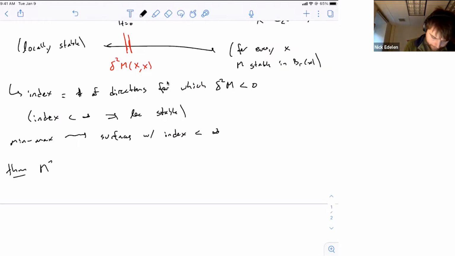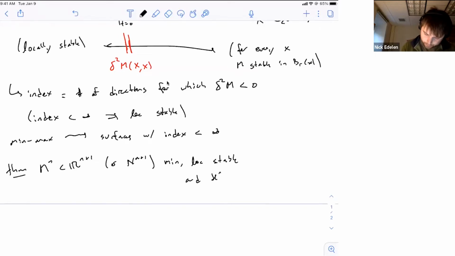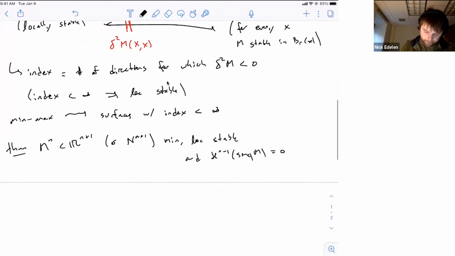It says that if I have a hypersurface inside R^n, or maybe an ambient manifold with a C3 metric or something, which is minimal and locally stable, and we have to assume that there are no codimension 1 singular junctions, I'll come back to that in a second,